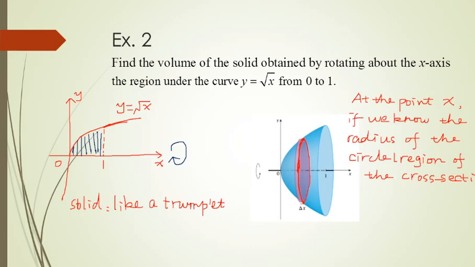So if we know the radius of the circle, then the area of the cross-section function, the area function,